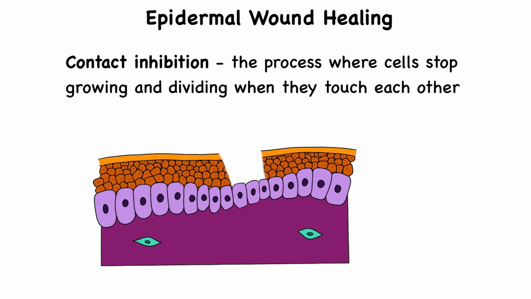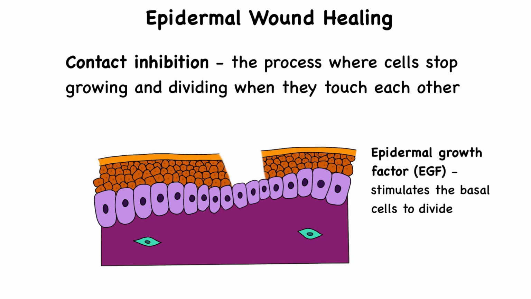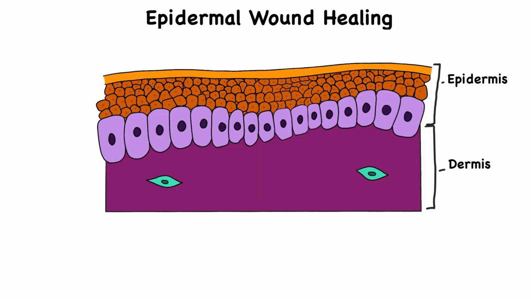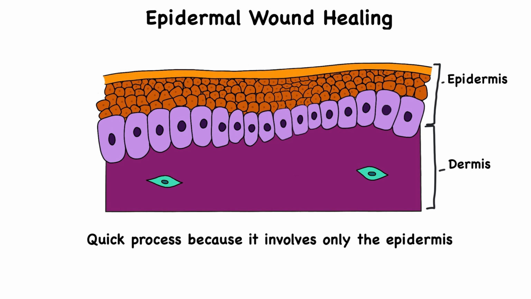Once the wound is covered, epidermal growth factor stimulates those basal cells to divide, replacing the ones that migrated and rebuilding the multiple layers of the epidermis. This entire process is relatively fast and doesn't result in bleeding or scarring because there's no damage to the underlying